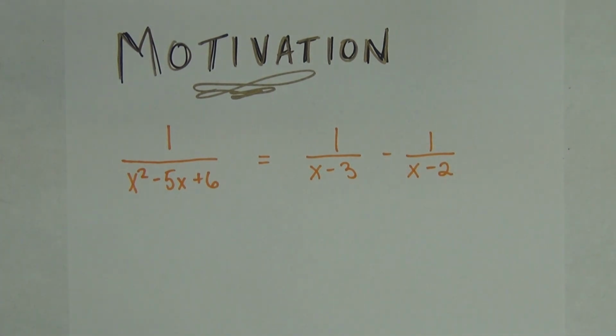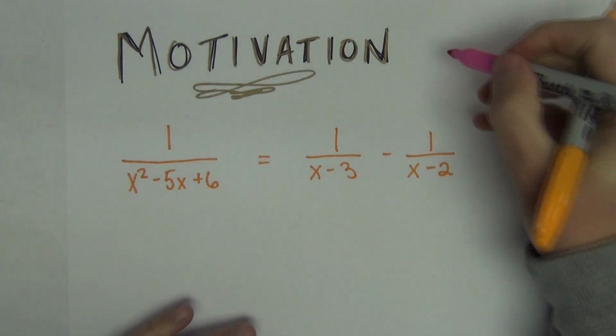Okay, so what purpose do we achieve in doing that? How does this help us in our studies of mathematics? The main purpose that you're going to see in your soon-to-be future of studying mathematics is that when you get into calculus,